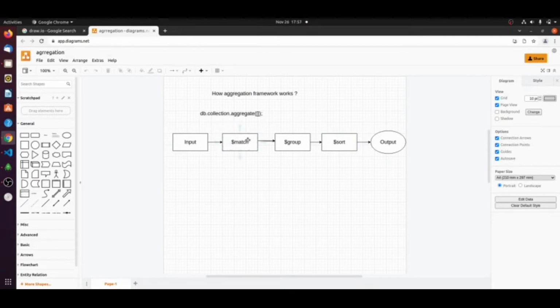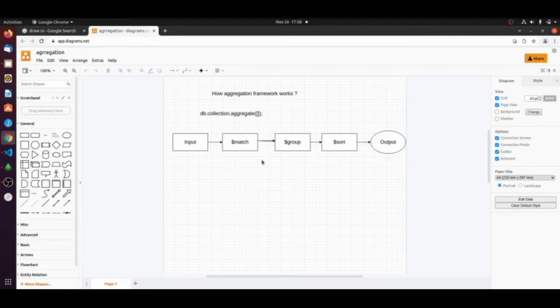After filtering some documents from the entire record, it groups the records. After that it sorts the records and gives back the output. So here, if you can observe, the output of the first stage is going to be the input for the next stage, and so on. So this is the main advantage.